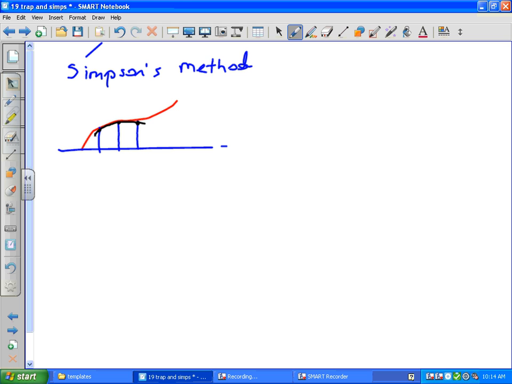Here's a general idea. If the distance is h, and again, if this is your point x sub 0, right here, the first one is x sub 0. This next point is x sub 1. And the next point here is x sub 2. And if this red curve is your f of x, there is a theorem that states the following. It says, the area under a parabolic arc,